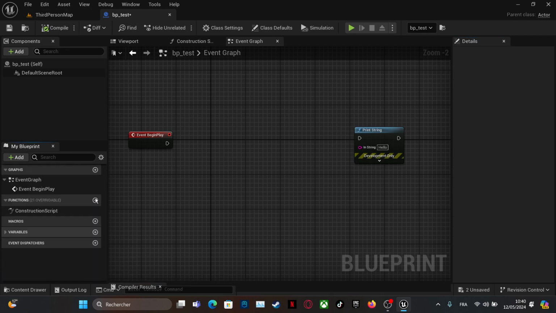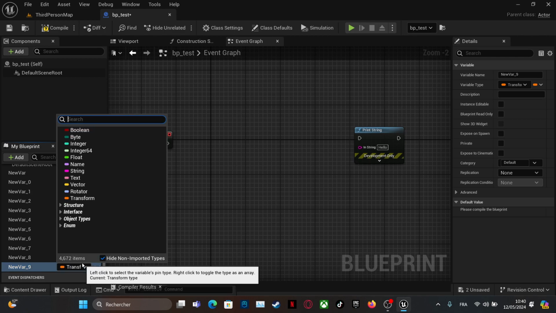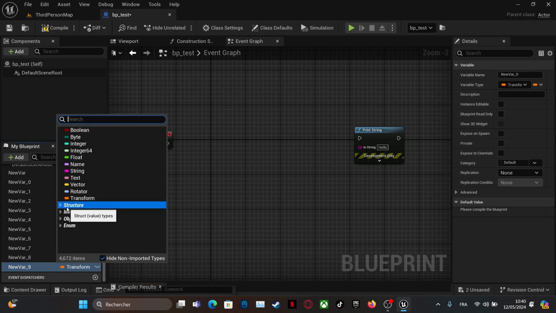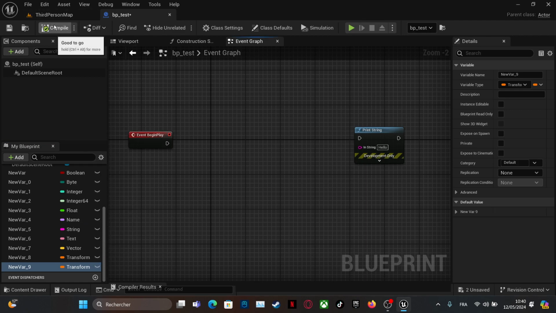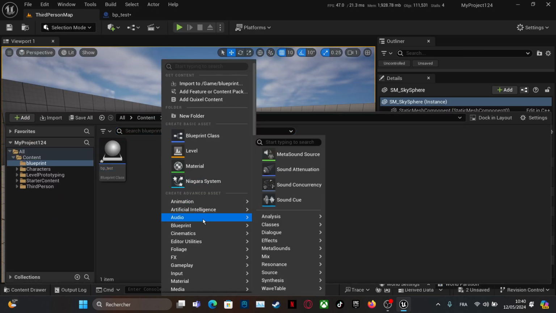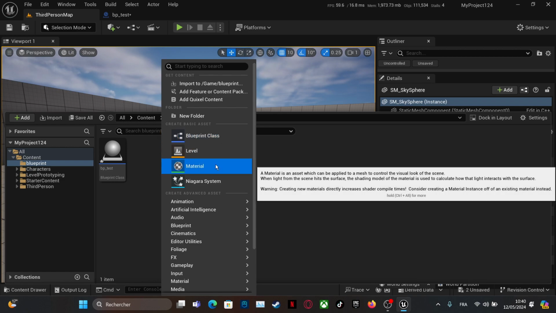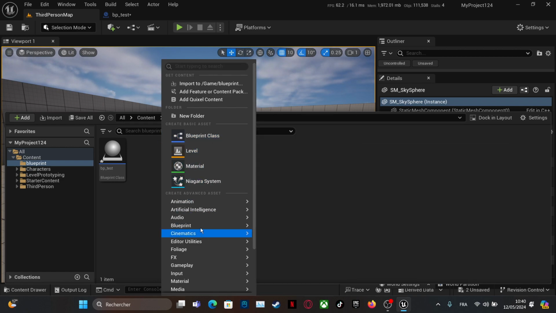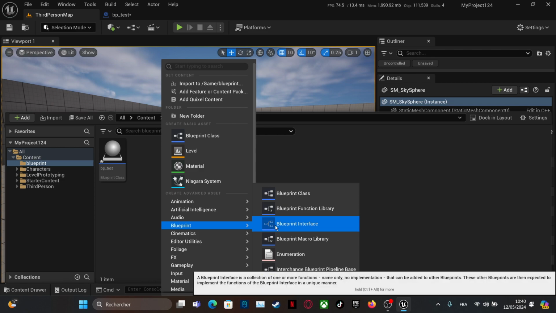Another type of variable. We have the structure. Okay, I'm gonna open a new tab here to show our structure. We're gonna need to create a new structure. Go to blueprint.